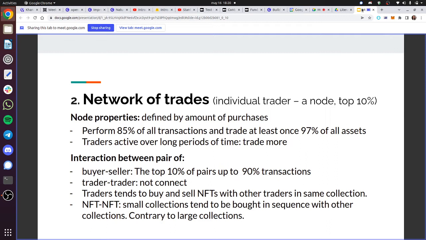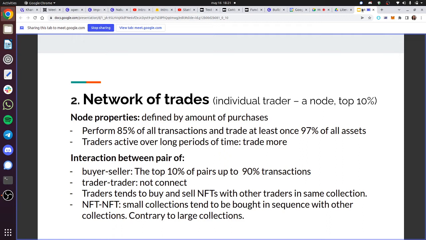And for the interaction between the pairs, the question is whether there is any connectivity between the pair. There are several pairs, the buyer and the seller. They have the assumption of whether the buyer and seller have the same interest in the same collections, or whether they purchase across the collections. And for trader and trader, the results show that there is no connectivity between them. The trader tends to buy and sell NFTs with the other trader in the same collections more